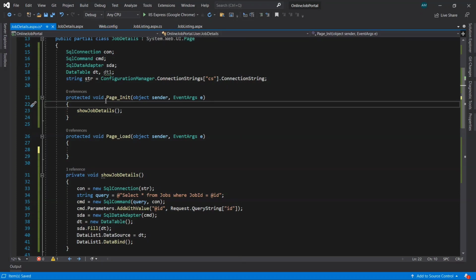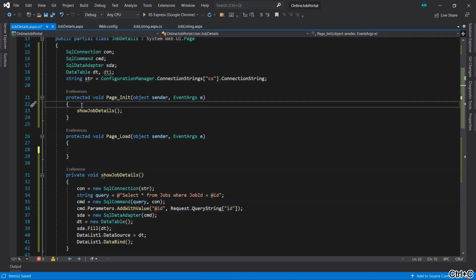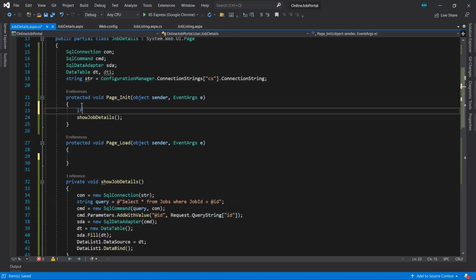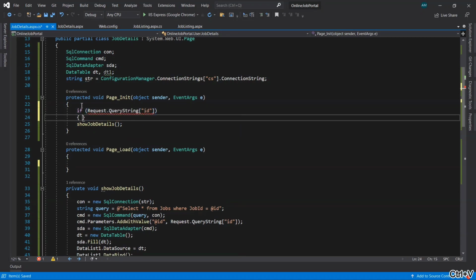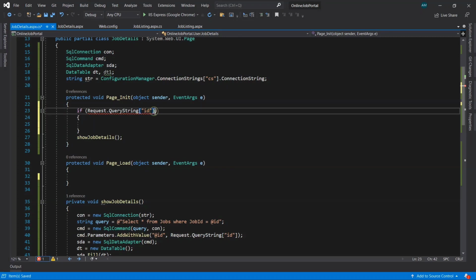So we need to check here whether the query string value is present or not. If there is no data in the query string, we'll take them back to the job listing page. So here it will check not equal to null, then we're going to